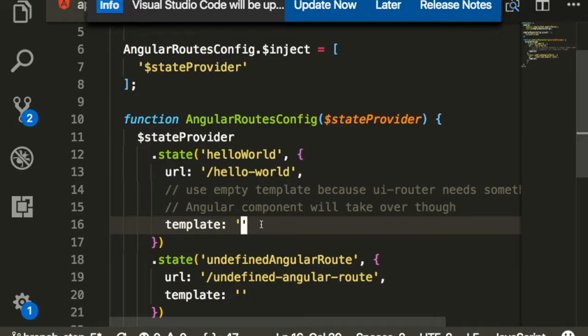So basically what's going to happen is you enter a URL into the address bar. So I type in hello world. It goes to the AngularJS UI router. It finds that route and then displays a template, or an empty template. At the same time, Angular's URL handling strategy says, I have a match for hello world. That just means, okay, I'm going to now kick in the router module and look for if I can handle this route. So I have, in the hello world routing module,